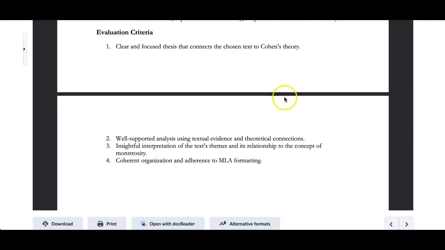We want some clear reference in these to Cohen's theory. Why? Because this is you doing this cool thing that English majors do for a living, and a lot of other humanities, cultural, artistic creators do: I'm going to put the text under a microscope, but I'm also going to enlist the ideas of people out there talking about this cool concept, and I'm going to wed the two. There's going to be a synthesis of the two in my paper.